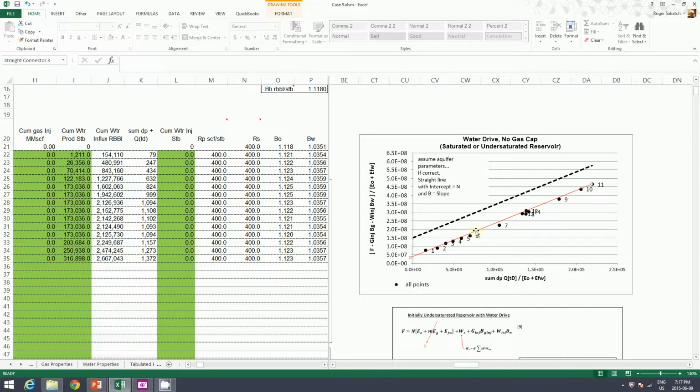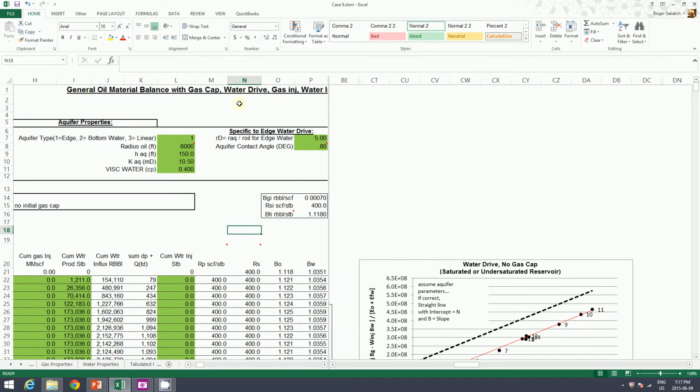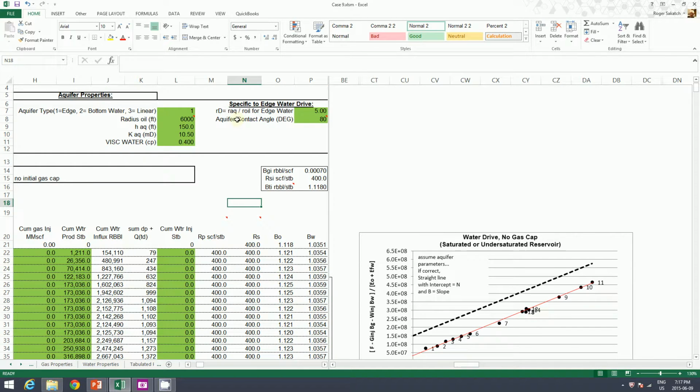To continue on with the way this analysis goes, we would then read off that point there. To me, it looks like it's maybe around 35 million barrels of original oil in place. This is 5 times 10 to the 7, and this would be about 3.5 times 10 to the 7, or 35 times 10 to the 6th, 35 million barrels of original oil in place. And the reason why I'd put a split in here